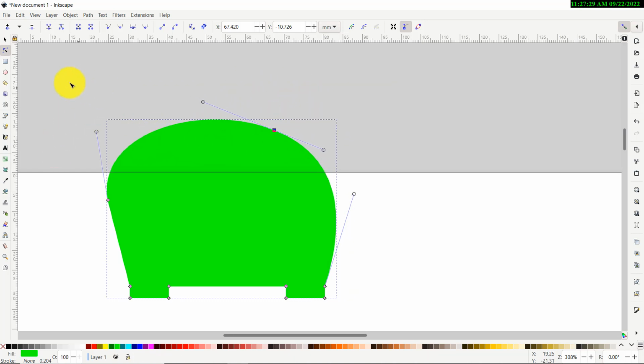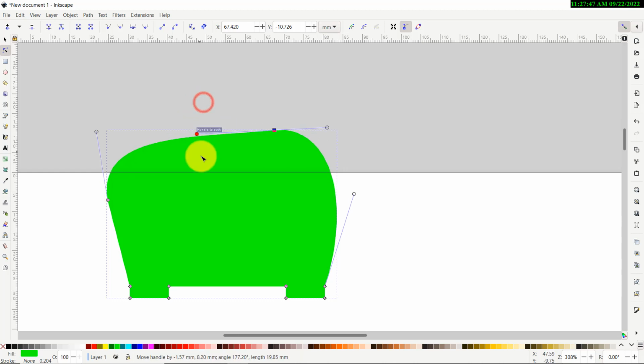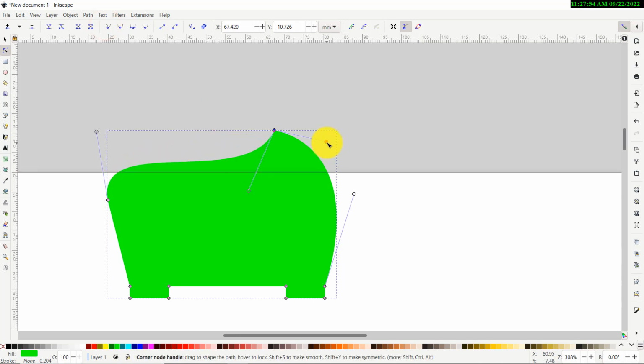And of course, just like everywhere else, now that I'm in this mode, I've got this whole new set of options that I can do to create points, to delete them, to join them, and also to change how the line interacts with that. So this is a tangent node so that the line always goes through it really nice and smooth, but we can also make it a cusp. And so now it will come to a point here, potentially, depending on what I want to do. So we can just play around and make this whatever shape we want,